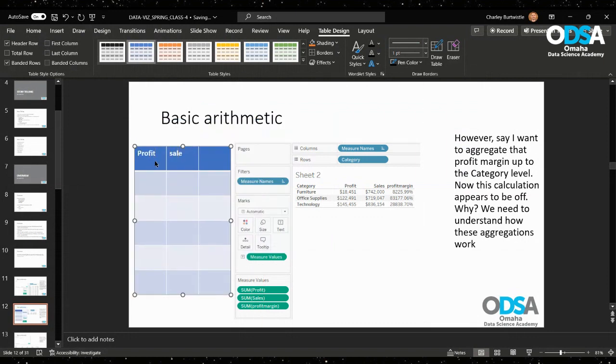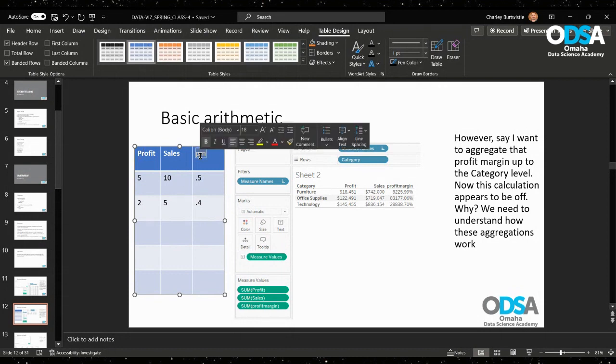Profit divided by sales. Call it PM for profit margin. Here we had 5, here we had 10. This came in at 0.5 to 5, 4. When I drag sum of profit over, it aggregates this entire column. When I drag sum of sales, it aggregates this entire column, which is our sales. When I'm dragging profit margin over, since it's computing it on a row by row basis, it's bringing in,